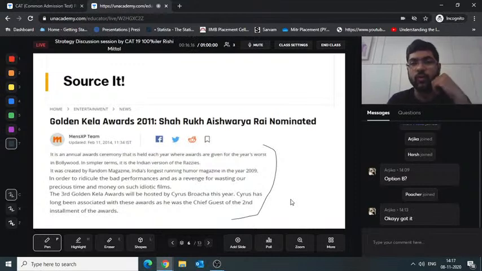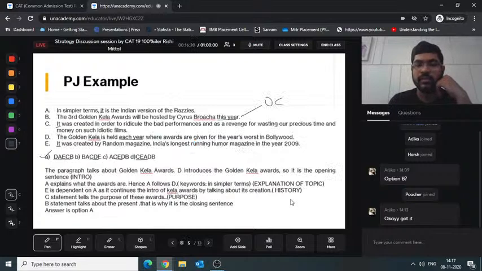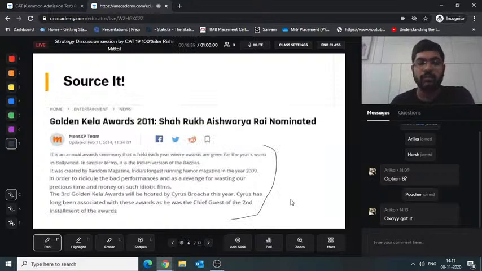So this is a good practice to have, because sometimes what will happen is you won't have a lot of pronouns, you won't have a lot of generic statements, detailed statements, or a clear flow to help you. Also, that will help you in the odd one outs. Okay, so just take care if you can source it.